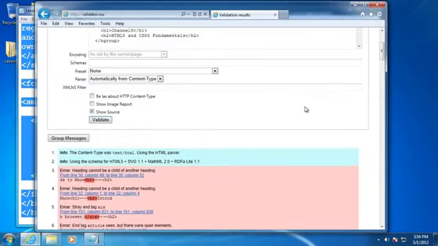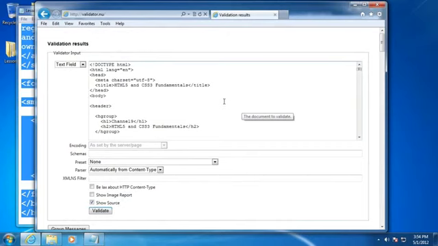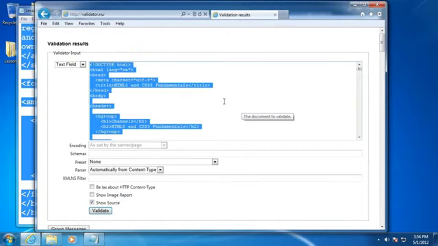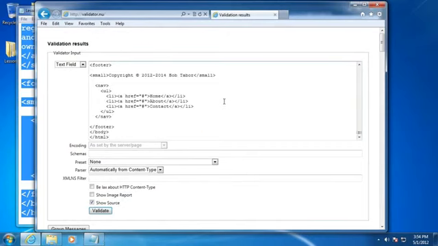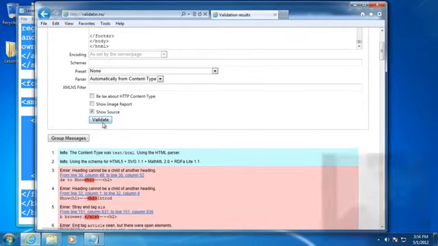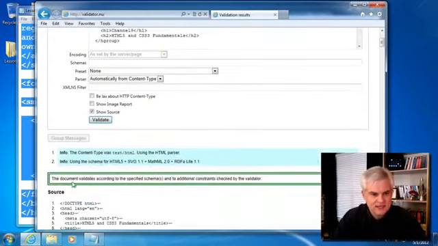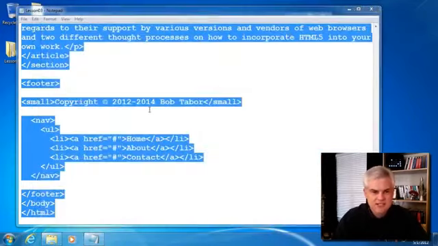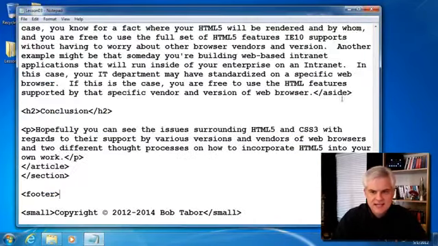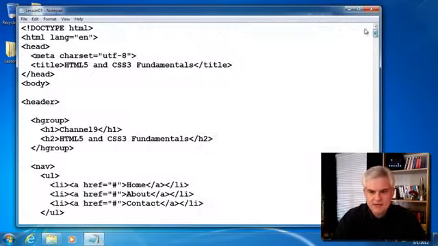I'm going to go back and revalidate this document by pressing Control A to select everything in the text field, and then Control V to paste in our updated version, and click the Validate button one more time. And this time we get the document validates message. Success. Okay, so we can continue on now. That's awesome. I'm going to close this down, and we do need to make an addition now to our lesson03.html